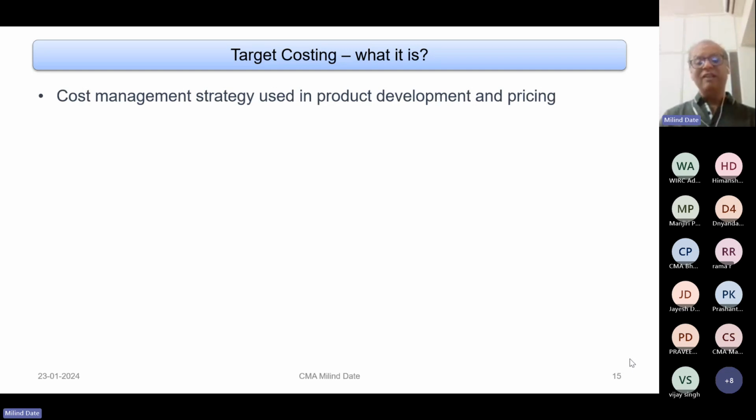Or just because you want to charge a high price, customers may not be ready, unless you are a brand like Apple or a Samsung. You can't compare the mobile prices of these two products with the other products. If other brands keep charging prices like what these two brands charge, they will be out of the market pretty soon. And therefore, targeting your cost is the only alternative.